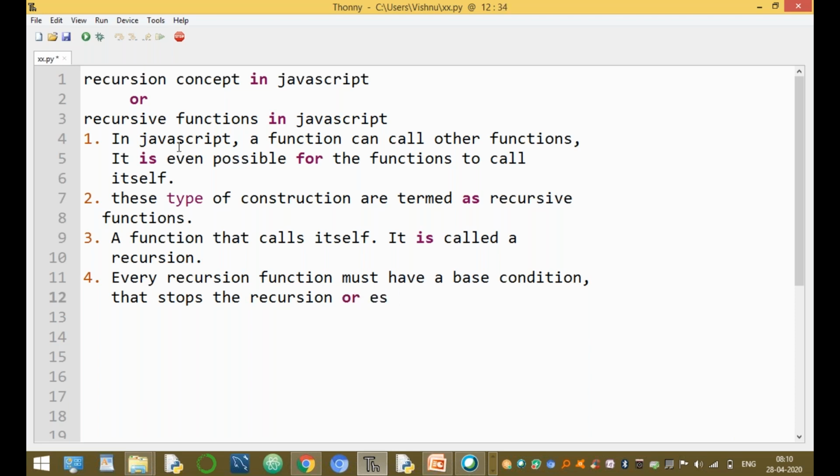Otherwise, the recursive function calls itself an infinite number of times, infinitely. That's very dangerous.